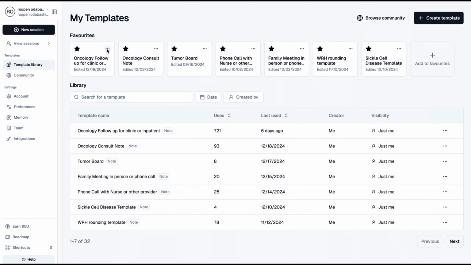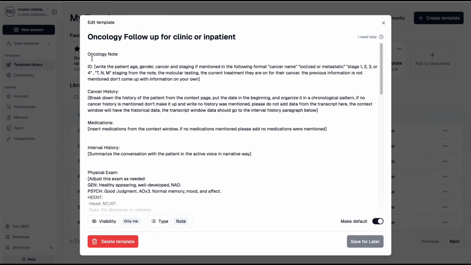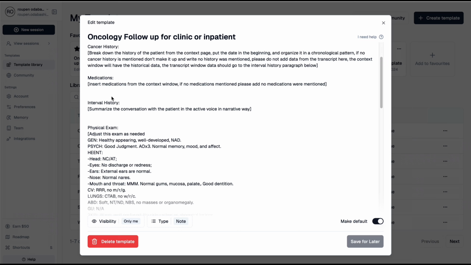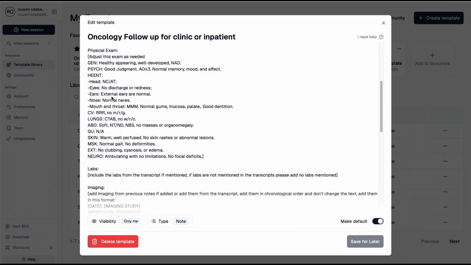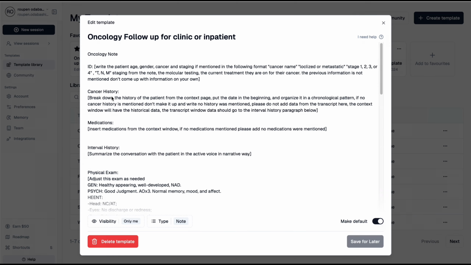Let's say I'm seeing a patient in the clinic and I want to use this template, so I click on it and then let me show you what I have. The nice thing about Heidi is that you have a free-flowing template. It's not sections. You can just type whatever you want and you can delete and remove. And I like this. Some AI scribes offer you a template where you can drag and drop different parts of a note,